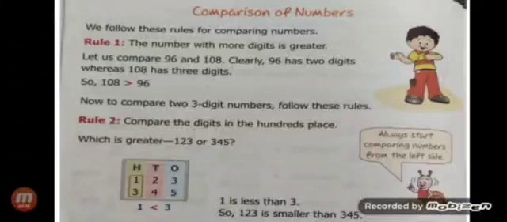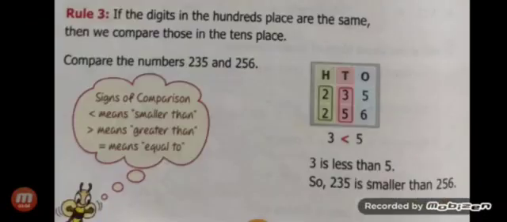Compare the digits in the hundreds place. Let's take an example, say 123 and 345. In the hundreds place, in the first number we have 1, and in the second number we have the digit 3. So clearly 1 is less than 3. So 123 is less than 345. Now rule 3. If the digits in the hundreds place are the same, then we compare those in the